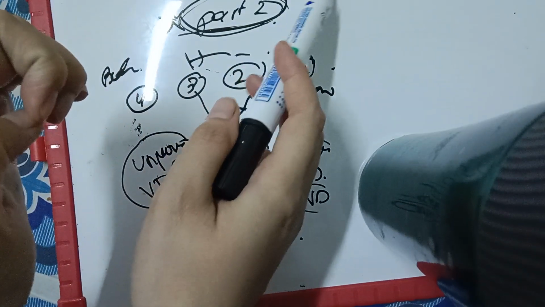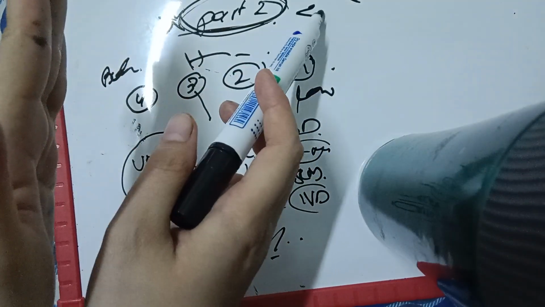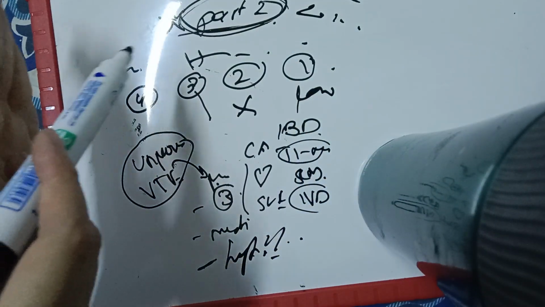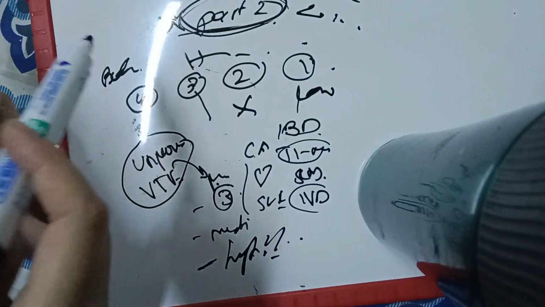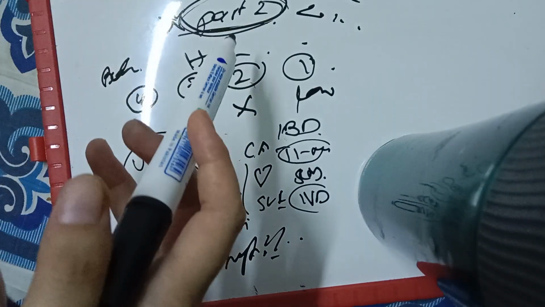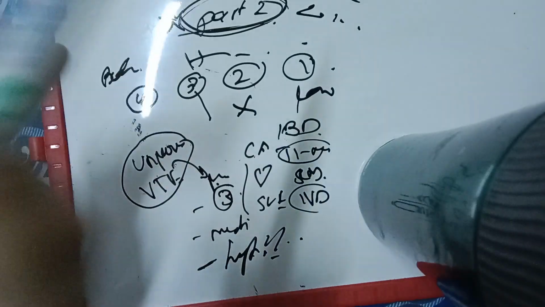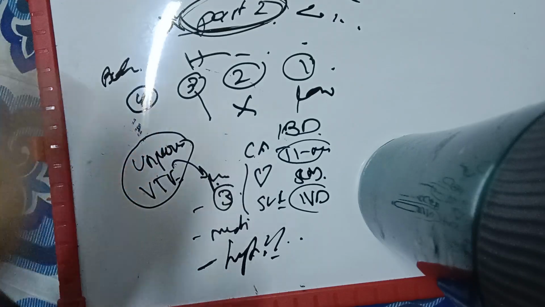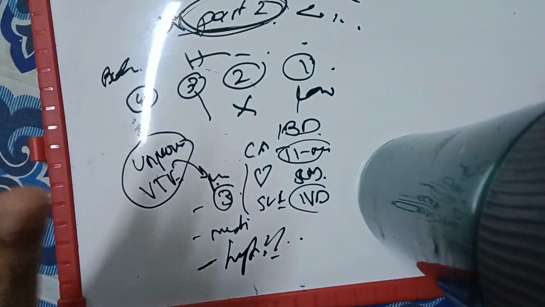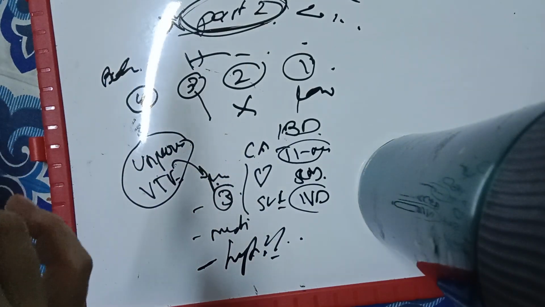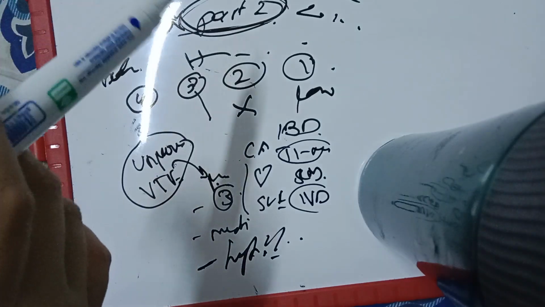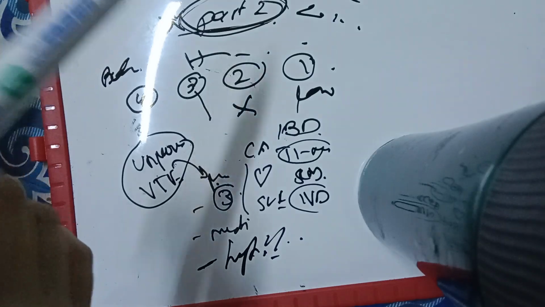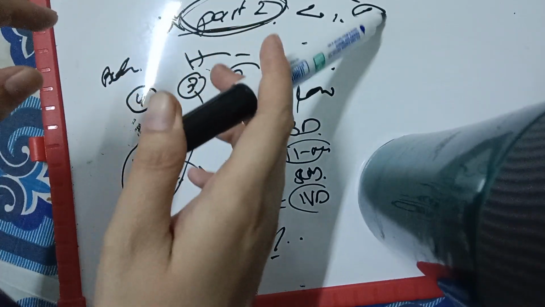And then we have a first degree relative and family with a history of unprovoked VTE. If the patient herself is having an unprovoked VTE, that is a score of 4. That's very dangerous. But if her first degree relative, her mom, her dad, her brother, her sister is having unprovoked VTE, not after a major surgery. If they have a VTE after major surgery, that's not in the scoring. They're not counted. But if they are having an unprovoked VTE without any surgery, or estrogen, because of estrogen, unopposed estrogen, then in that case we give a score of 1 to that person because she is also at a